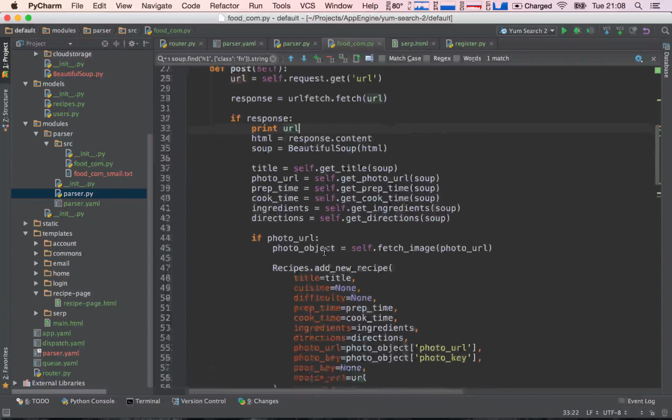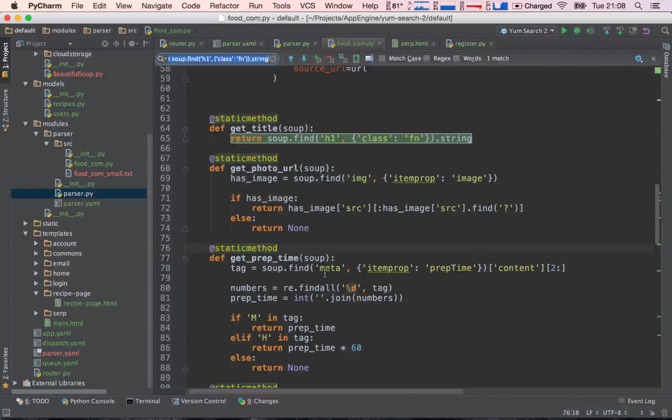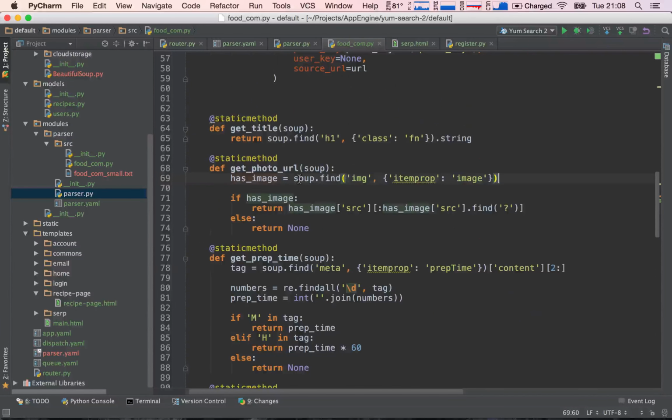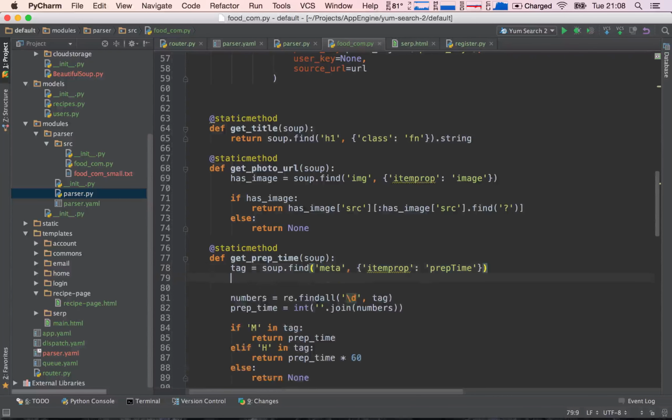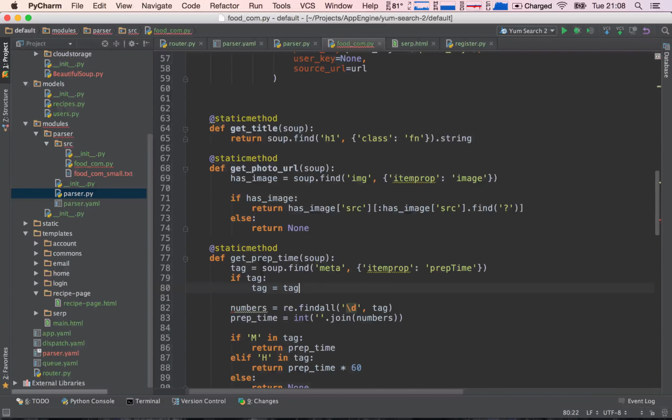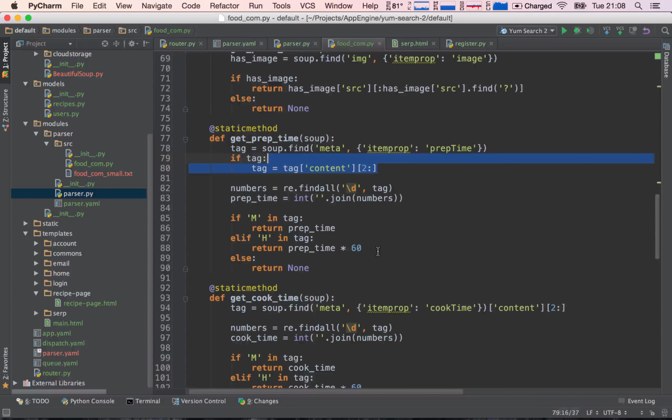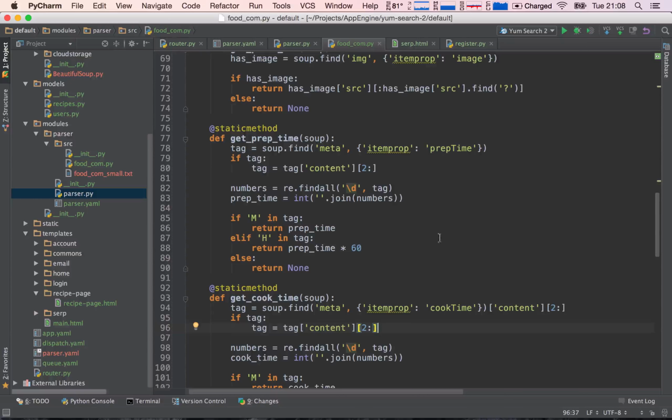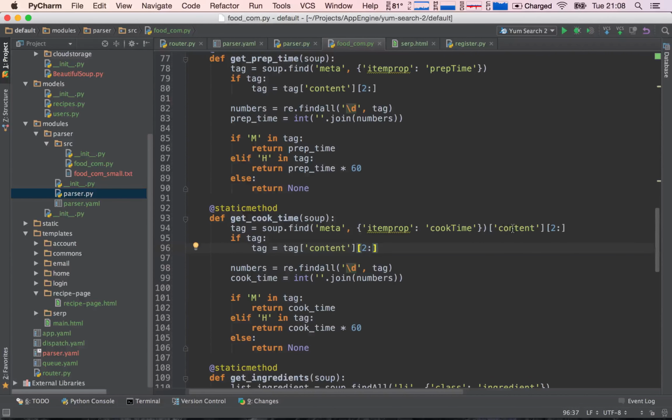For both prep time and cook time, first I'm going to cut out this part here because this will give an error if we don't find anything. So I can say if tag, then tag is equal to tag, and then I can paste all of that. And I'm going to do the exact same thing for cook time. That should fix that error because we're testing whether or not this tag exists first. So if it's not none,